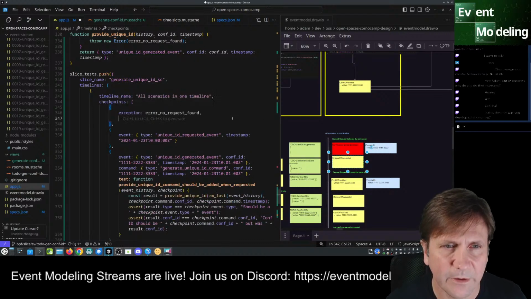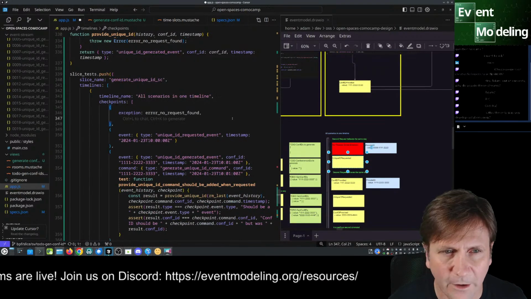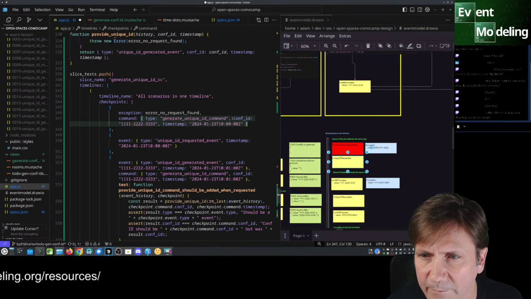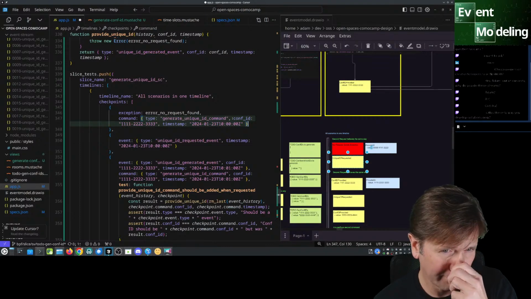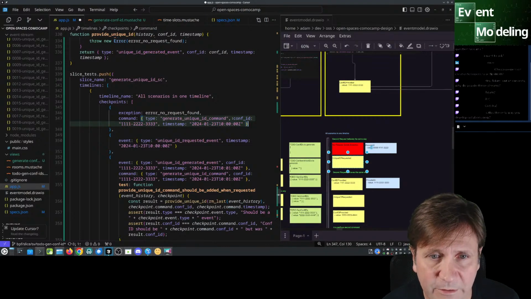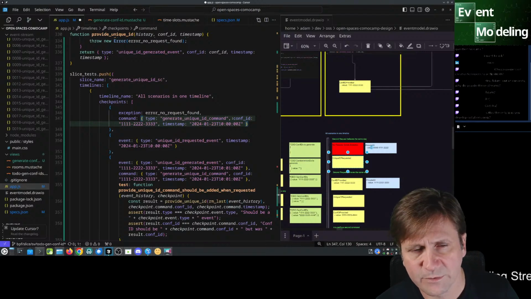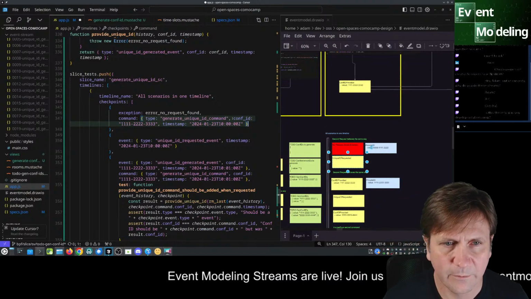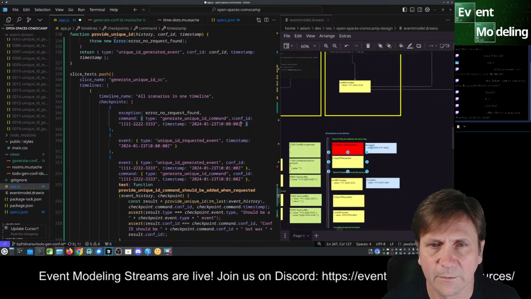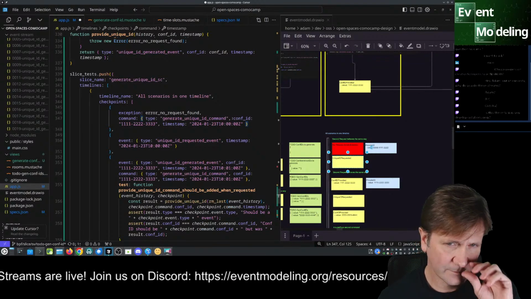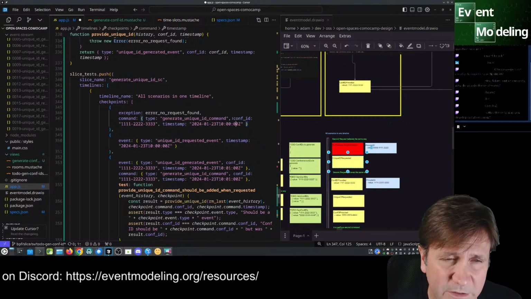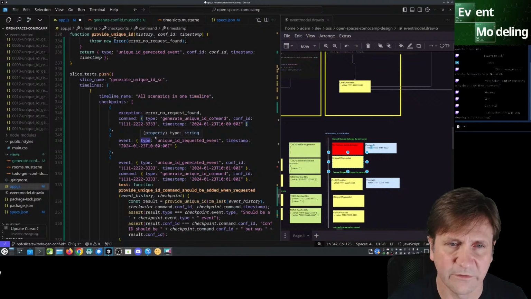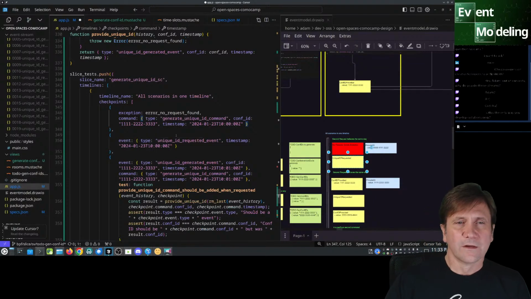So we have that, but we also have our command, right? So we have a command where we want to generate unique ID command. In fact, it should be called something else. You need to really work on the wording here. And it tries to do this, which is okay. So now notice that we have no event. It's not defined. So what